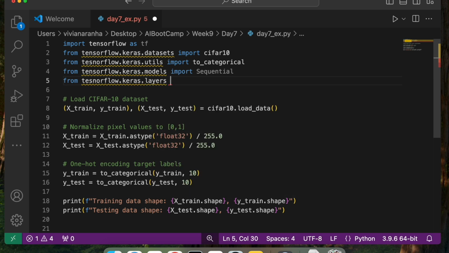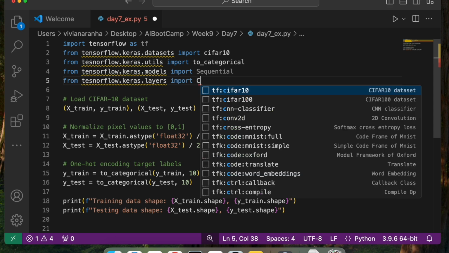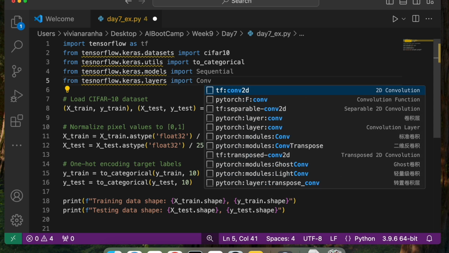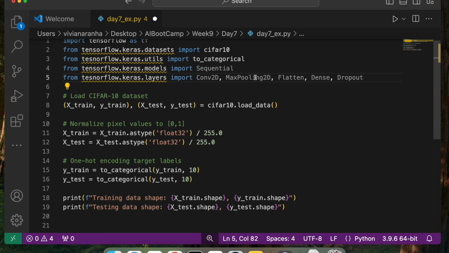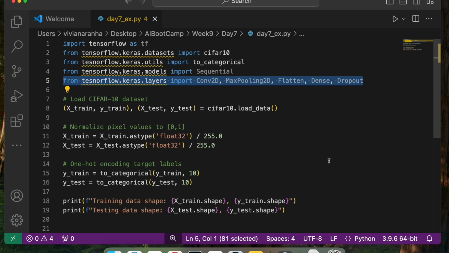For creating my different layers, convolutional layer first, so I'm going to use Conv2D. For my max pooling, I will use MaxPooling2D. Next, for flatten, I'm going to call Flatten. I'll use Dense, and I will use Dropout. These are all the libraries available, and we've gone through this earlier this week. So if you want to catch up with that, you can look at my previous video.